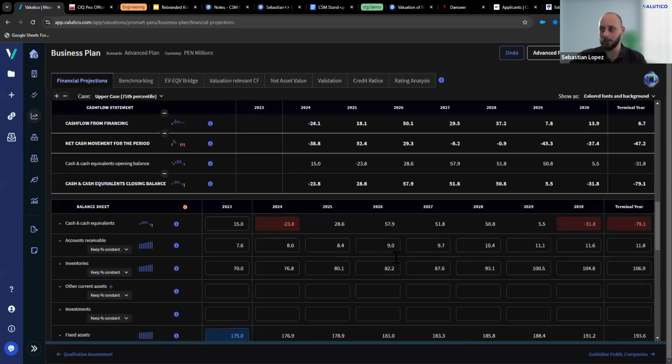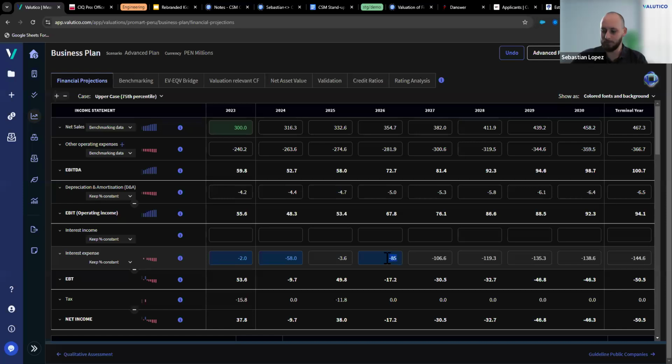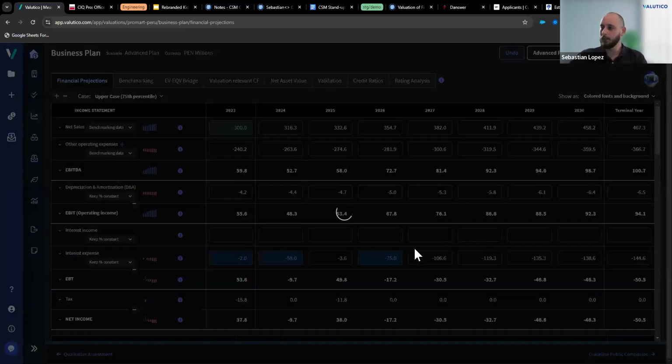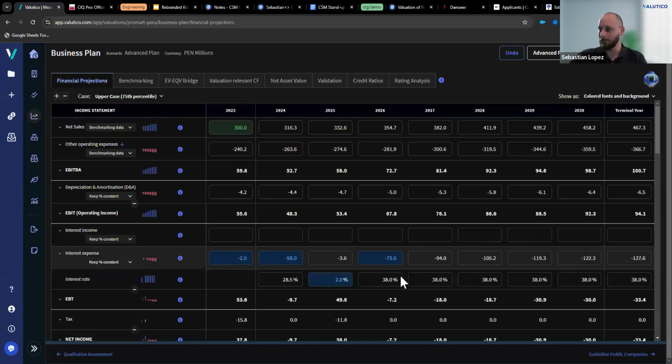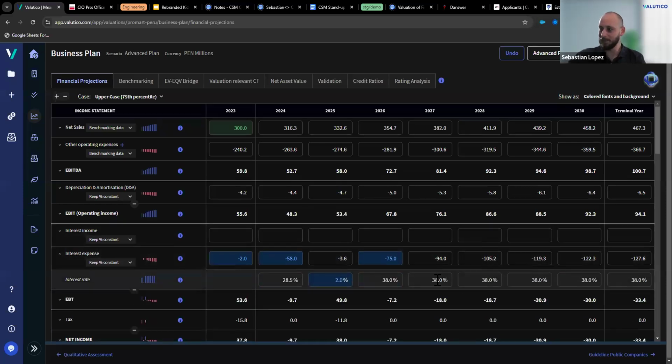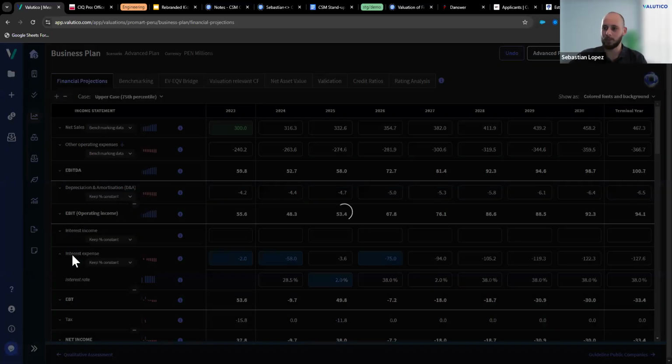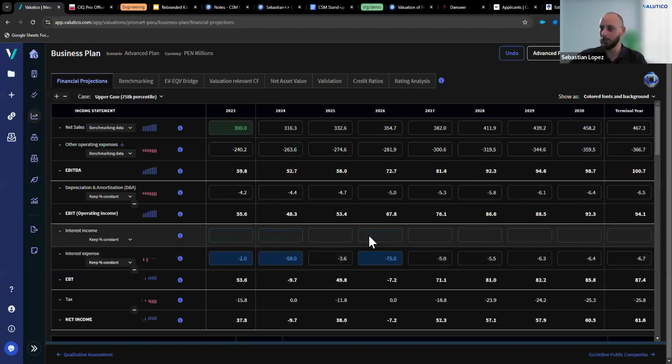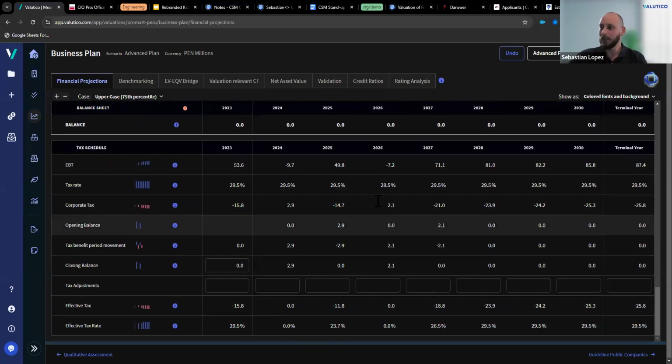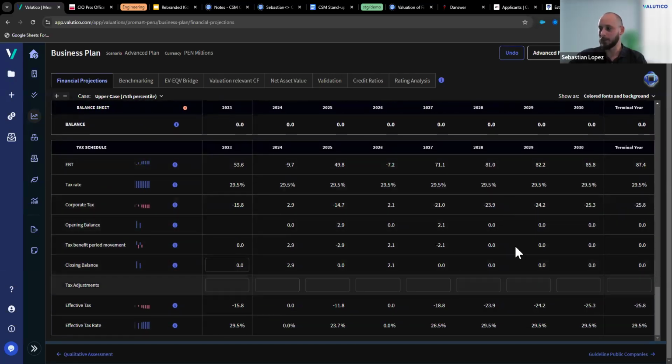I think I went a little bit too far with the losses there. So let me just reduce the number a bit. Let's go back to minus 75. And then, my bad, this is the percentage changing. Let's just keep this at 2%. We do not have losses in all the periods. Perfect. And then you can see that we are going to be using all the losses in all the